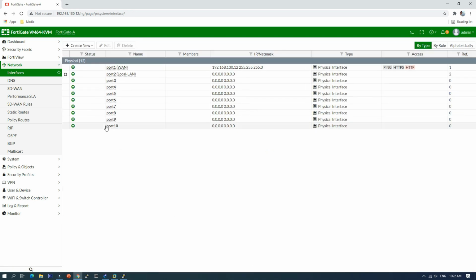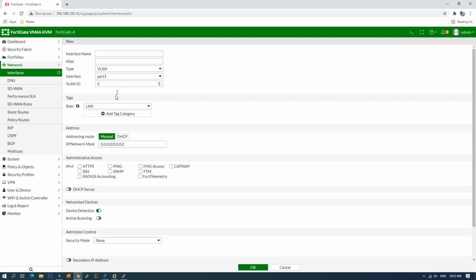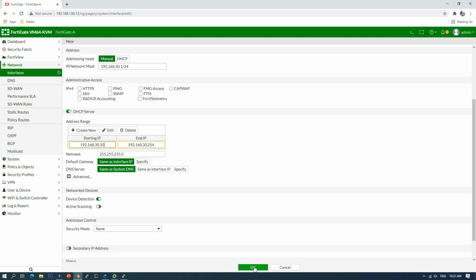Okay, the last one is VLAN 30. I can say CCTV, port 2, VLAN ID 30. I want to start from 10 as well, and save.